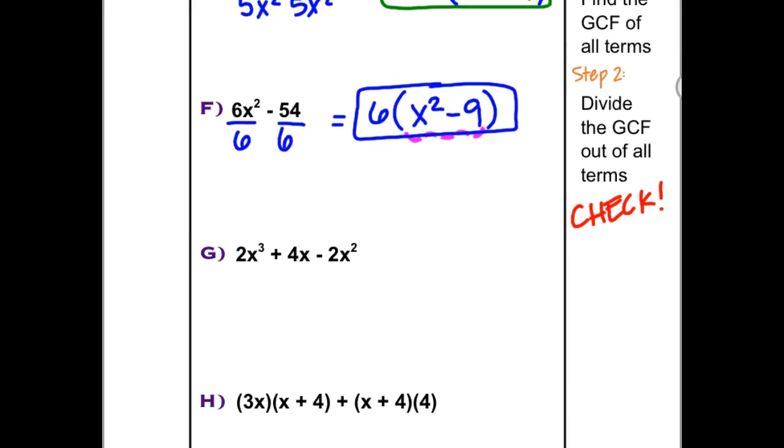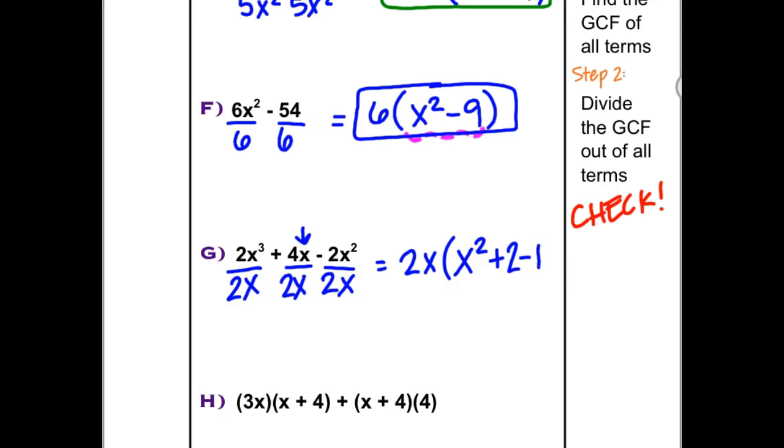Here we have 3 terms. And when we have 3 terms, it has to divide out of all 3. It cannot divide out of 2 of them. So I see that all of them are divisible by 2. And I see all of them have an x in it. We can't go higher than one of the x's because this term only has an x to a power of 1. So if we divide out a 2x, we will be left with x squared and then plus 2